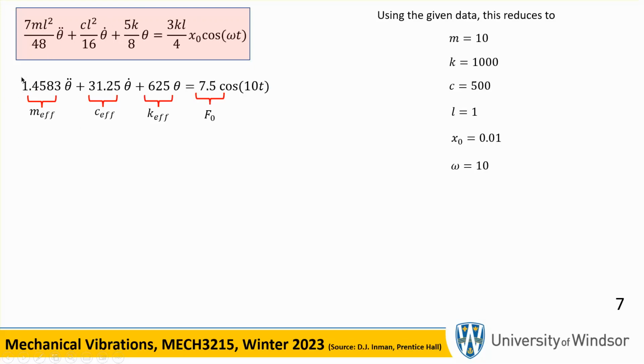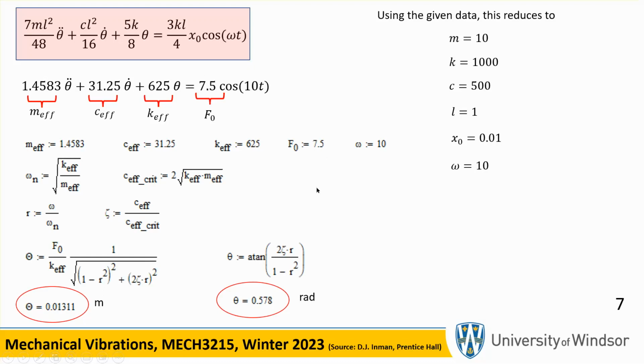Notice that this is the effective mass. Inman also calls it equivalent mass. This is the equivalent damping coefficient. This is the equivalent stiffness, or I call it effective mass, effective stiffness, and effective damping coefficient. And this is the amplitude of the oscillation, harmonic oscillation, F naught. Okay. Now,